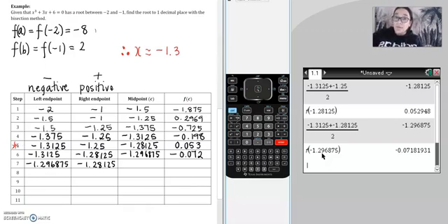So we had to do a couple of steps to get there. Now, obviously, with your CAS, it does make light work of this, but this is the process that you would follow until you find the value that the left endpoint, the right endpoint, and the midpoint are all equal to, to the correct decimal places as stipulated in your question. But that is it